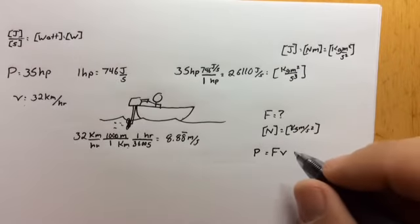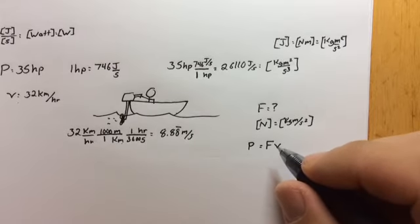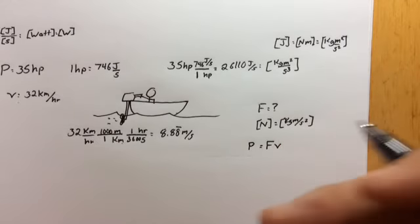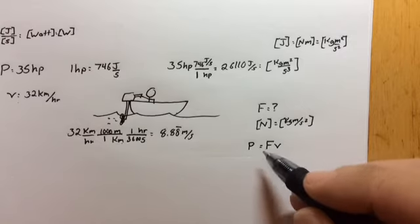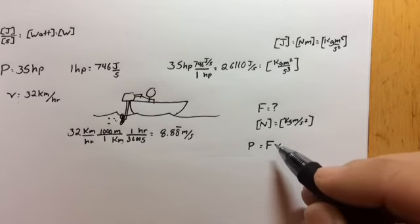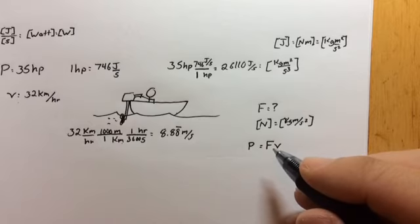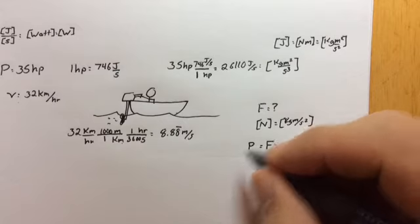So what does this tell us? This tells us that for something that is moving at a constant velocity, like we're pouring energy into it, but we're constantly taking energy out because of friction or something in the way, the power that we're putting in is equal to a force that we're applying times the velocity that we're moving at. And so in this problem, I know this is kind of long-winded to get here, we are going to take our power,